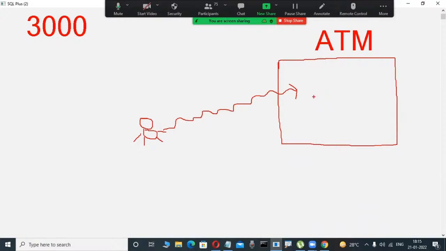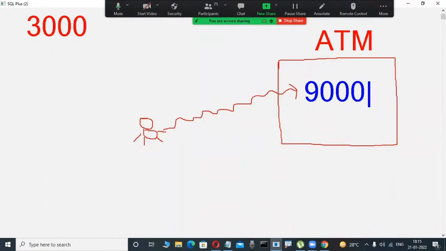For example, I'm not checking the balance. But unfortunately, my balance is how much? 3,000 rupees are there presently in my account. Now, I decided to withdraw some amount. Okay, fine. But unfortunately, 3,000 is my available balance. Whenever I insert the ATM card, after that it will ask me to enter the amount. In that case, maybe I mentally decided to withdraw 9,000 rupees. Whenever I try to withdraw 9,000 rupees,